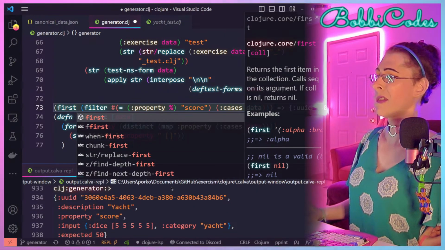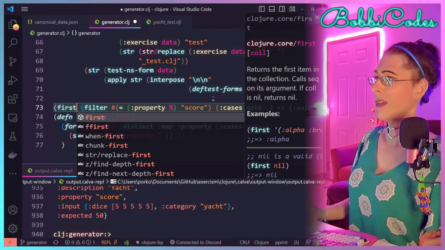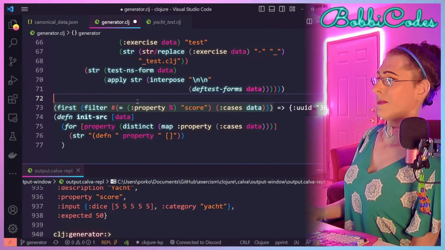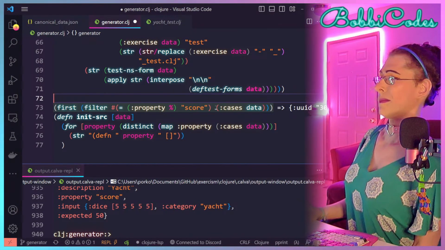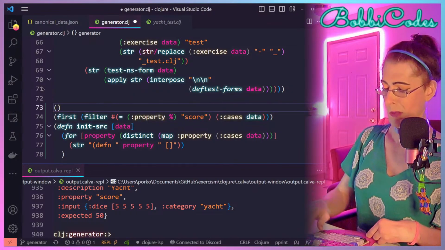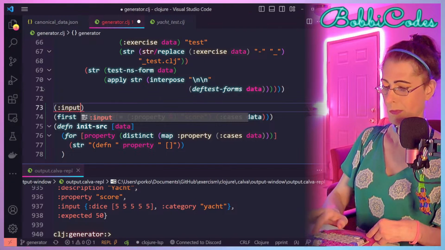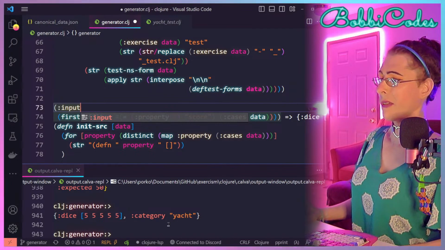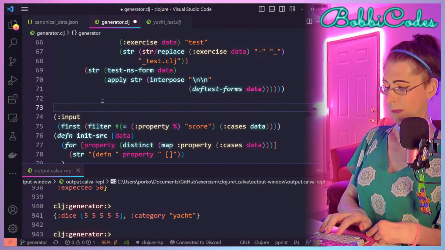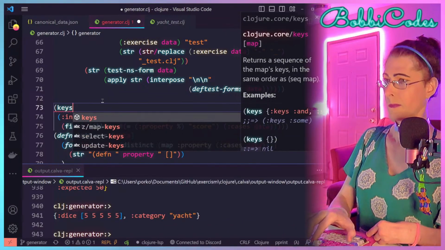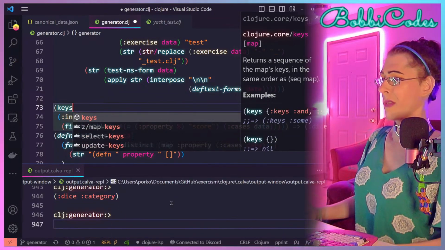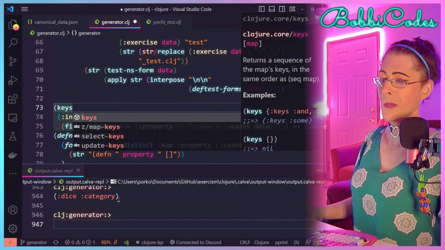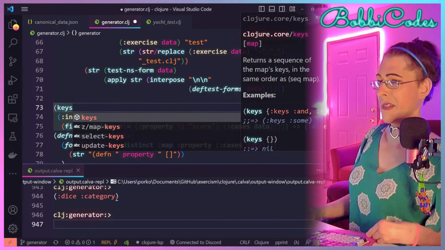And we actually just want to return the input field, and then get the keys. Cool. So those are the two arguments that are going to go in the function stub.